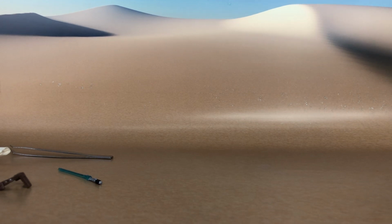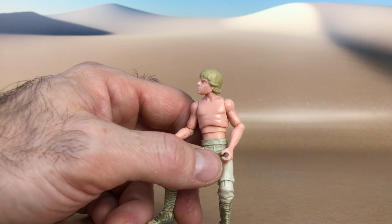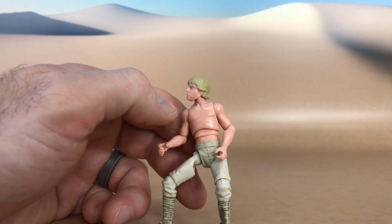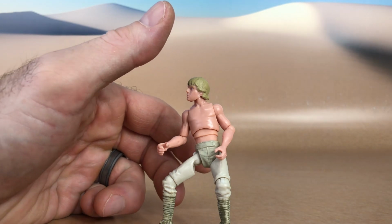Let me go ahead and get Luke back on here. I shouldn't say he's all buffed up. Okay, but he's a little ripped up, so kind of funny. This will be my first action figure. I have a Black Series where Luke has all kinds of extra articulation, and he's wearing like the Dagobah